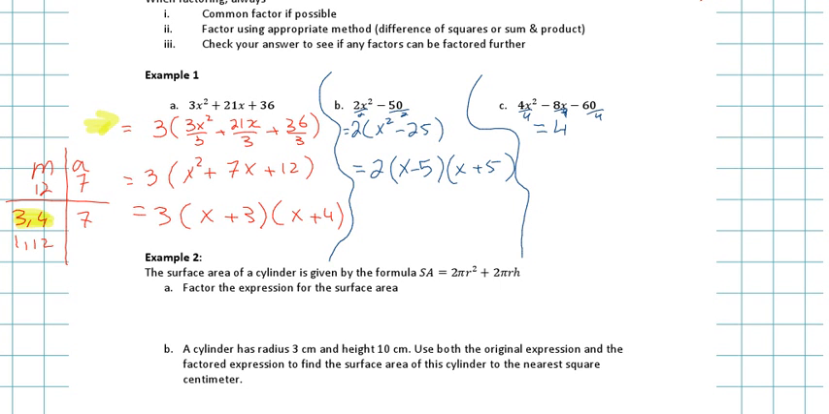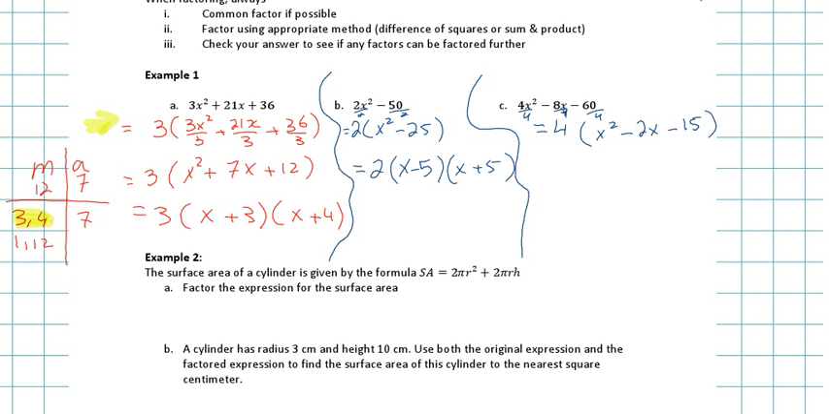So, 4x squared divided by 4 is x squared. Negative 8x divided by 4 is negative 2x. Negative 60 divided by 4 is negative 15. Good. What do I have? My leftovers is